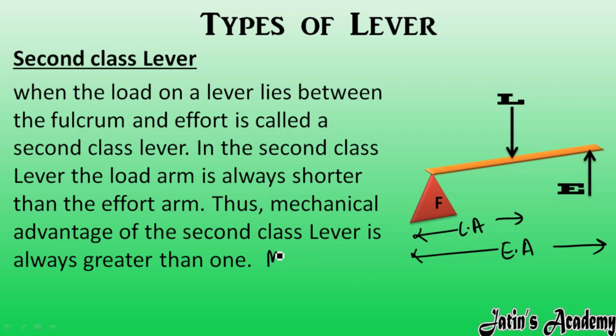Actually here the mechanical advantage formula is effort arm over load arm. Okay, the mechanical advantage formula we have studied is only that, effort arm over load arm. See carefully, in second class lever, as you can see, effort arm is more as compared to load arm, means effort arm is longer. If effort arm is more, then mechanical advantage is also more than, or greater than, 1. Fine. Just see the first class lever also.